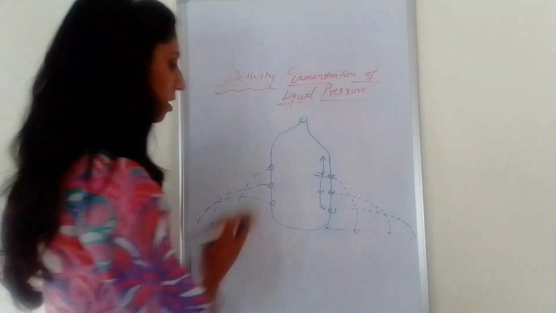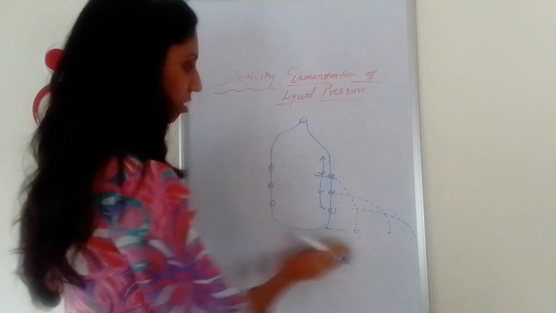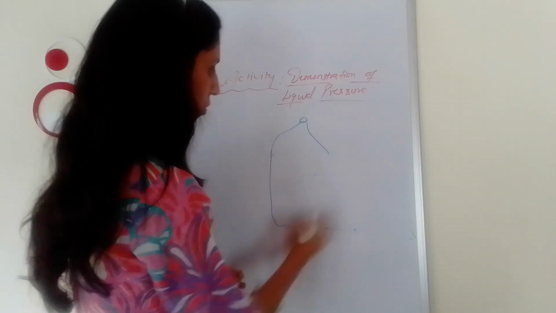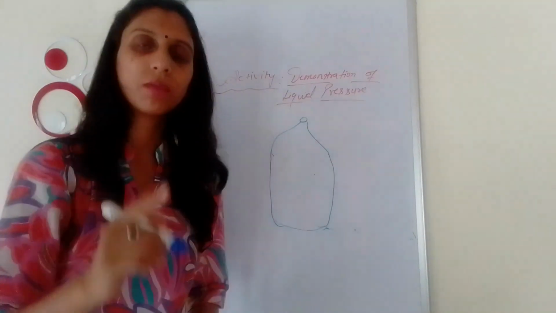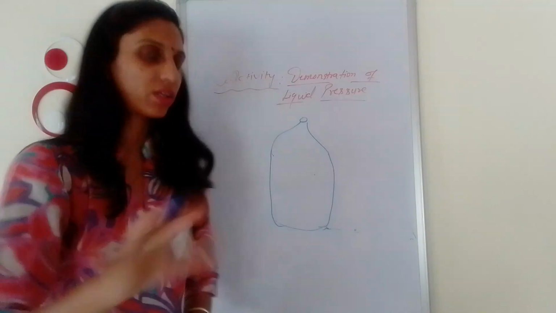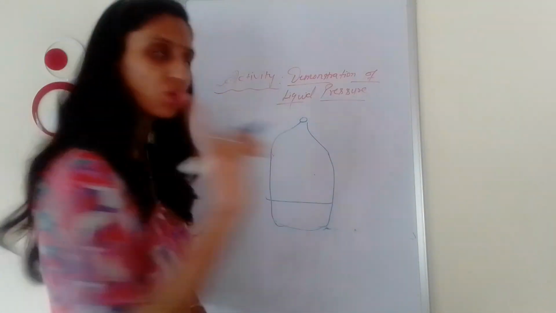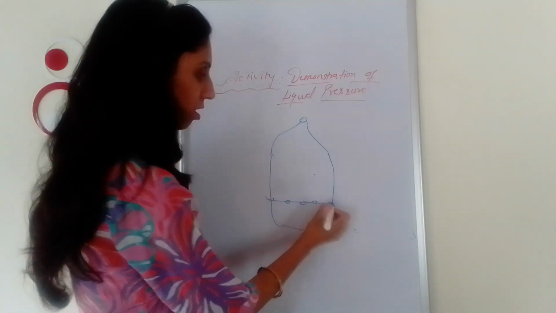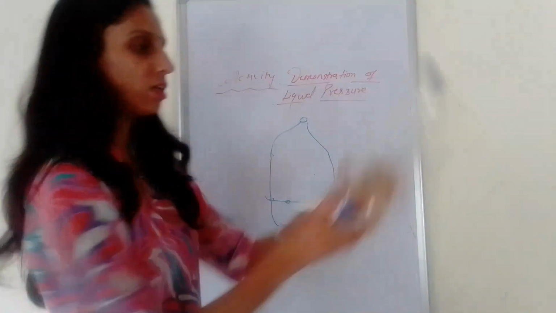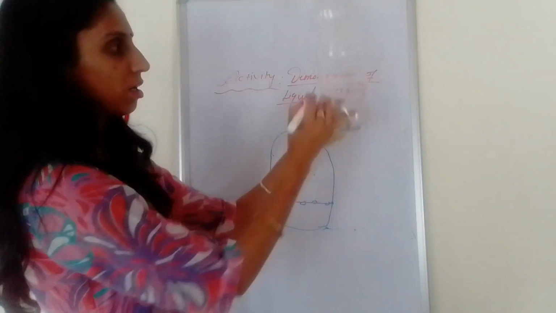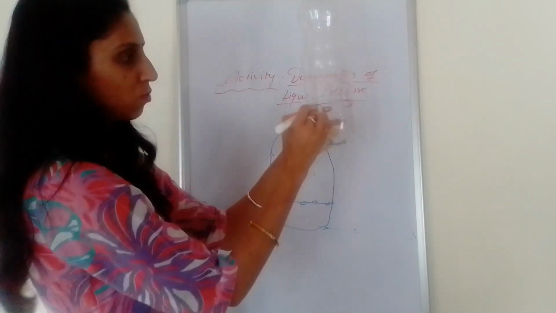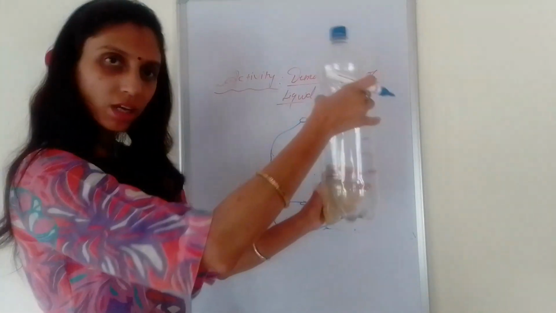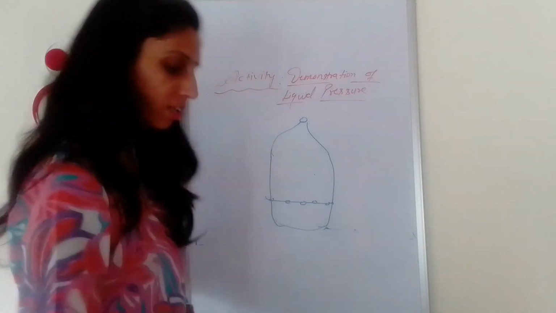Okay, a second similar activity you can do. Take another bottle, and what will you do? We only have to find that the liquid pressure is the same at any point in all directions. You have to find this out. For example, you keep only one level. Here you will make holes all around the sides, right? Like you have taken the bottle here, one level you have marked, 1, 2, 3 in a circle, the whole circle you will make holes. Then gently press, again a similar activity, do it like earlier.